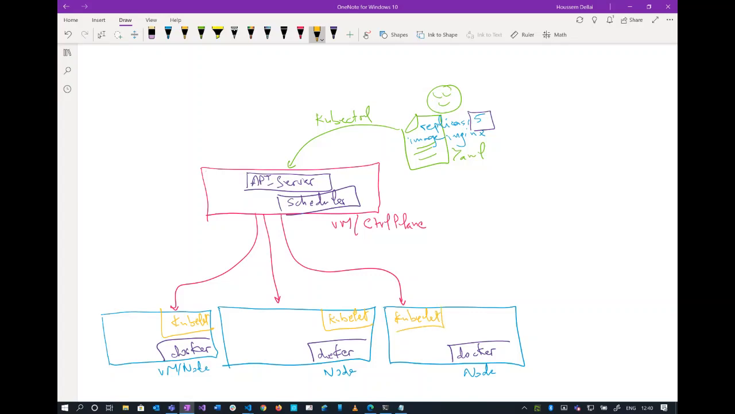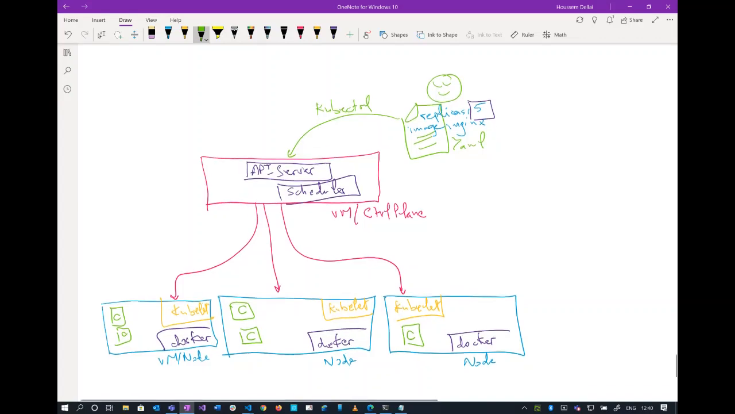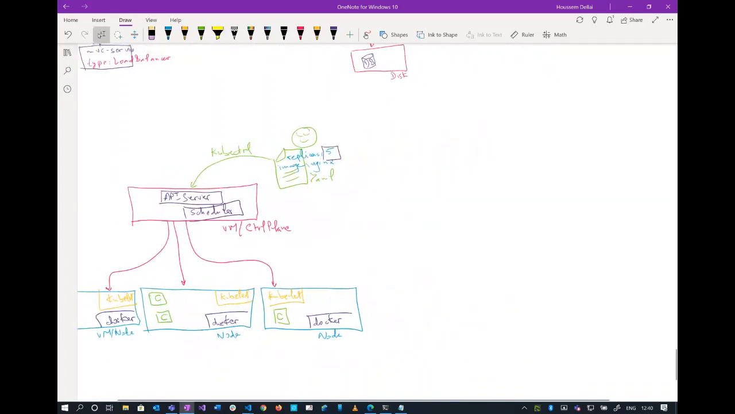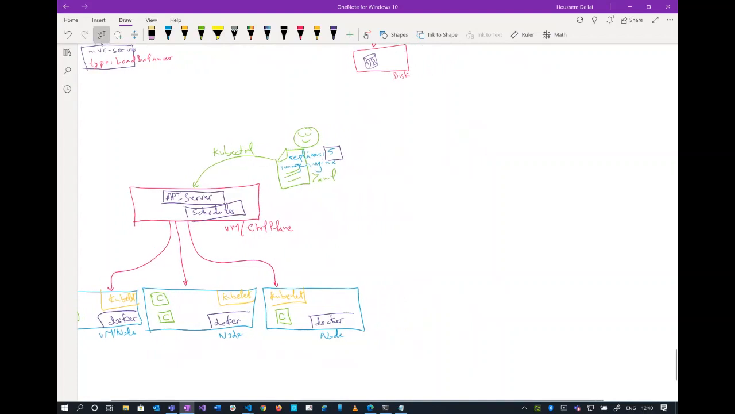So it will go by this configuration. Maybe it will deploy, let's say, 2 containers into the first virtual machine, and then 2 other containers into the second virtual machine, and the last container will be deployed into the last VM. Great. Now for our users, when they want to access this application,